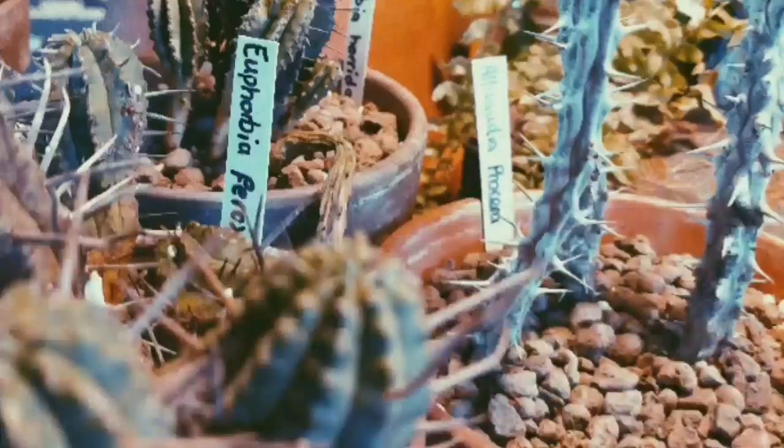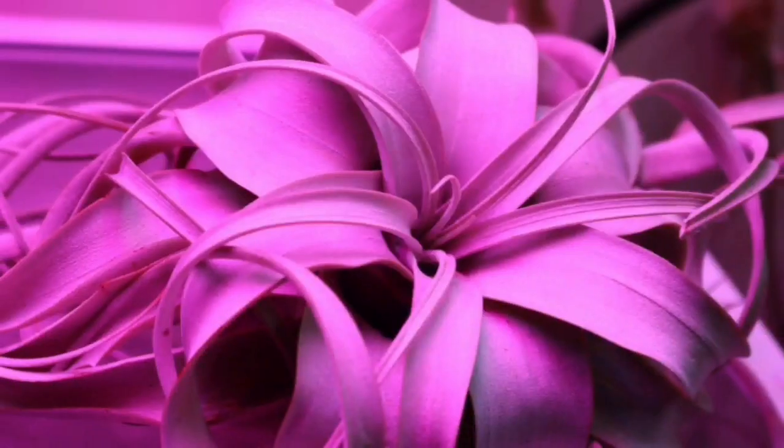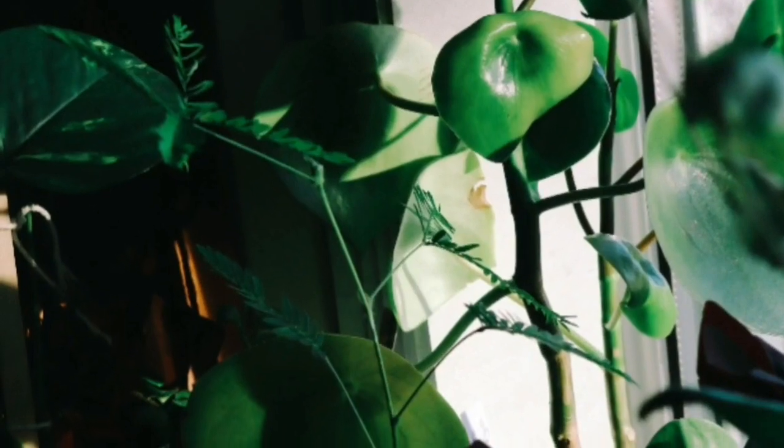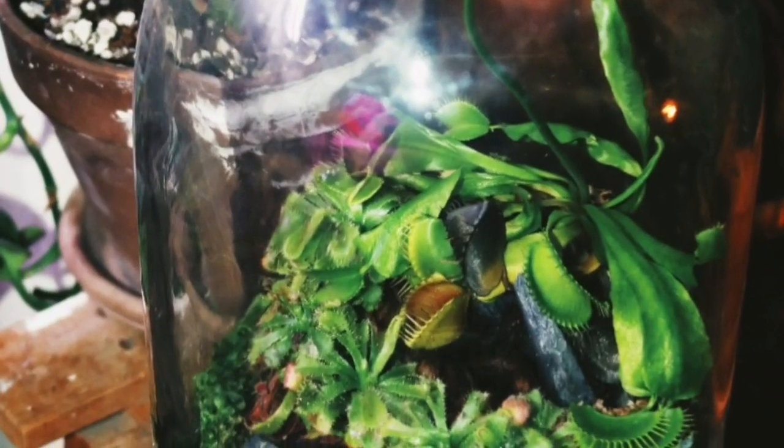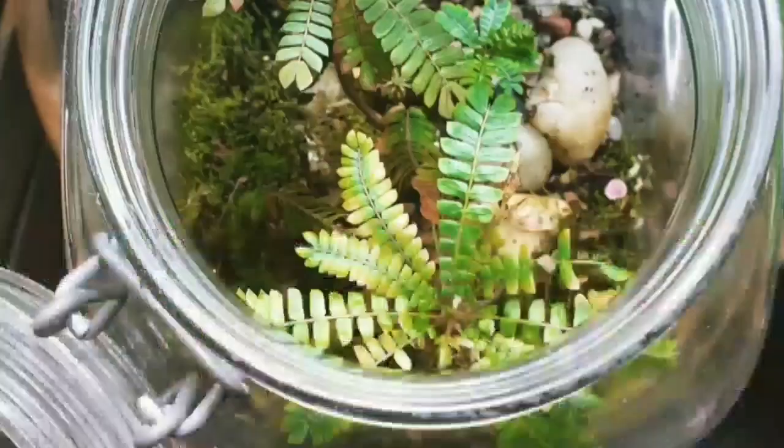Let's talk about some tiny plants with tiny pots, shall we? So you probably know at this point that plants do need room, okay? I'm not gonna sit here and say that any plant can go into a 1-inch dollhouse plant pot, because it